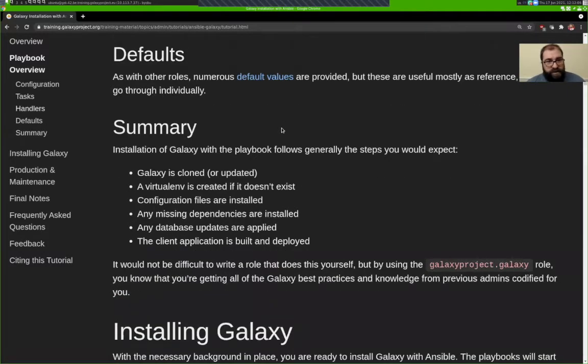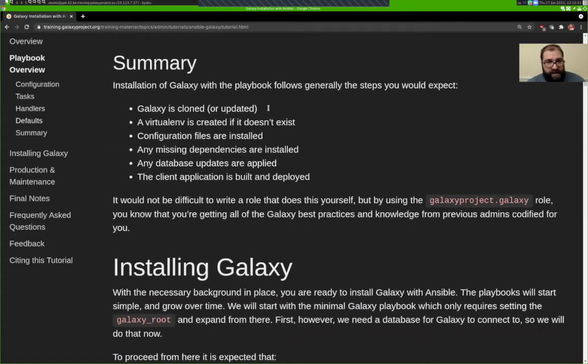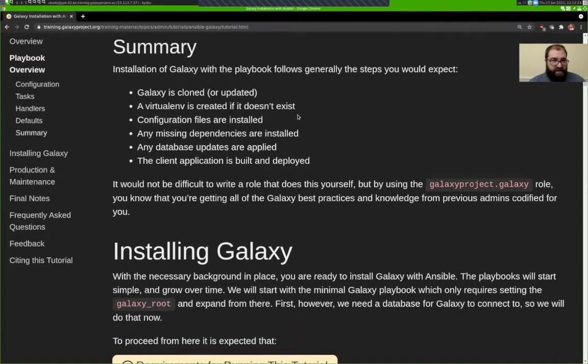So if you want to look through the role and figure out what other variables can possibly be set, these are all in the defaults file linked here, and you can see all of the possible things that can be done. So in summary, to recap, the steps that take place: Galaxy is cloned, or it's updated if it's